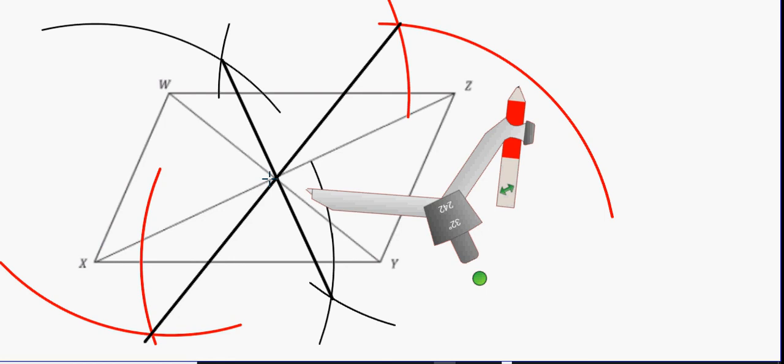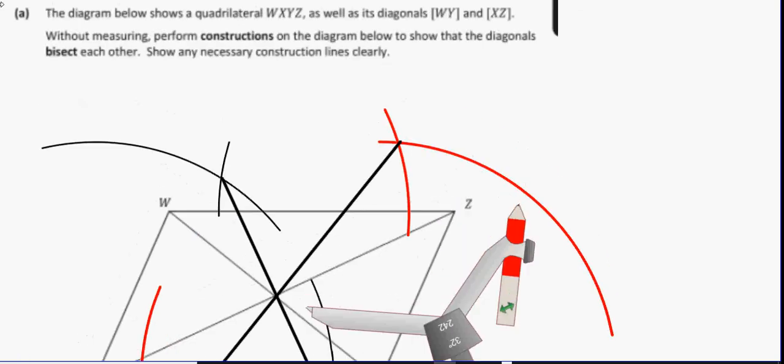Yes? But sure, is it not just a rule that diagonals in a parallelogram bisect each other? It never states it's a parallelogram. Oh, it states it's a quadrilateral. Okay, so you have to show it with constructions. I'll just follow what the question asks, and it never states it's a parallelogram, but it clearly is a parallelogram. Yes, sure, yeah. If it's a proof question and you do that and show it's a parallelogram, could you